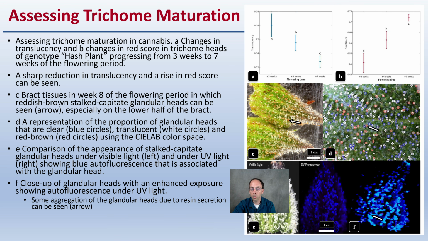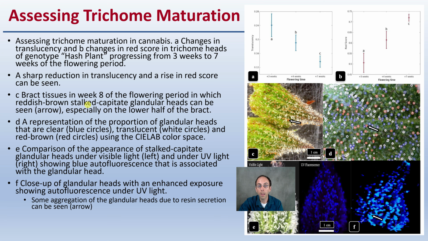So looking a little bit more at the details here is looking at the trichome maturation canvas. It shows the changes in translucency and the changes in the red score in trichome heads for genotype Hash Plant, progressing from week 3 to week 7. So we're seeing this kind of progression over time in the amount that you can see through the plant. A sharp reduction in that translucency and the rise of the red score can be seen here, and that's basically what they use to indicate